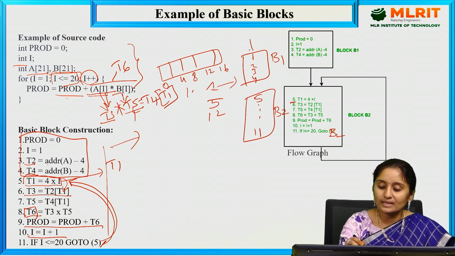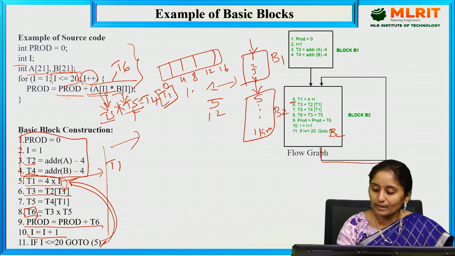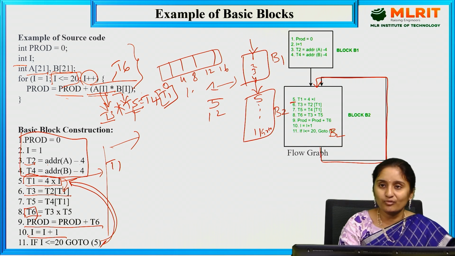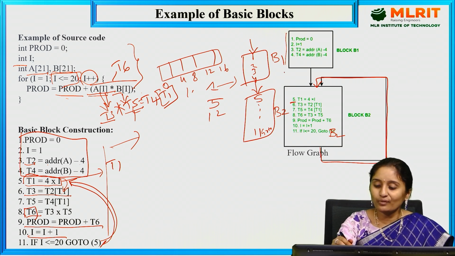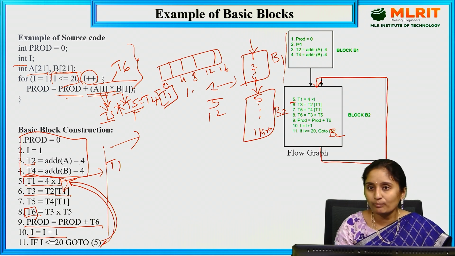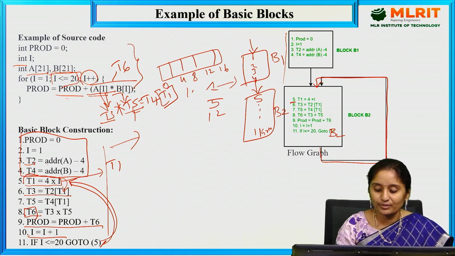So this is one entry point, and from here the exit moves to the second block. Here I have go to B2, so from this statement I need to traverse again to B2. Why? Because until my condition is false, I need to execute this loop that many times. So this is nothing but the flow graph. After which block should be executed, and how many times that block should be executed, is represented in the flow graph in a directed way. There are directions we are going to give here. So these are the leaders.